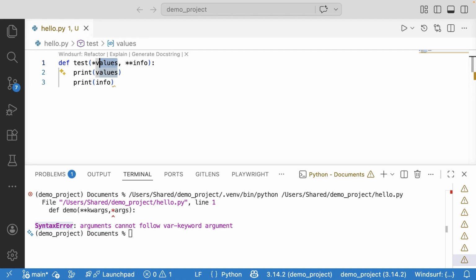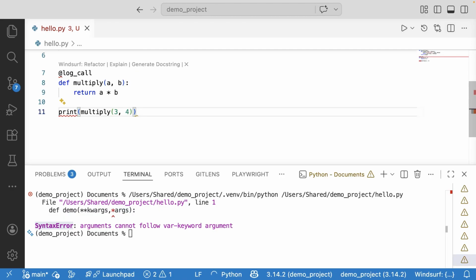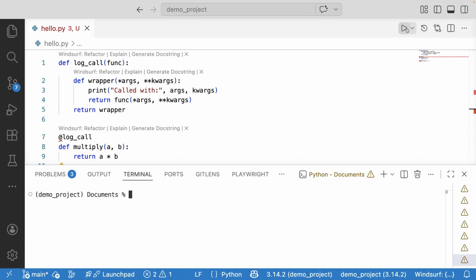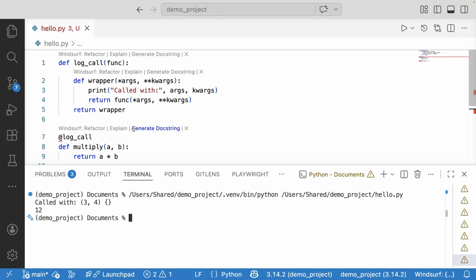Now let's look at a real world problem. Let's say you want to log any function call. So you have here a method called logfunc, and this is a powerful script. Let's run it and see what happens here. And you can see this is a powerful script. Why is this powerful? Because the wrapper here doesn't care how many